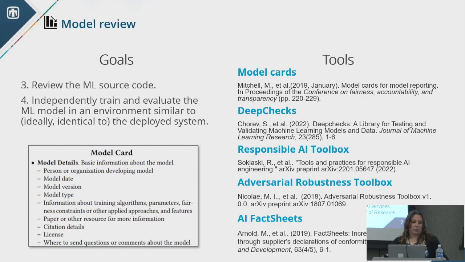The Responsible AI Toolbox is from Lincoln Labs, and I think that I saw in my research for this talk that there's now also a Microsoft version of this. I don't know if anyone from Lincoln Lab is here, but I'd love to understand what they think about that. And then the Adversarial Robustness Toolbox and AI fact sheets are both products from IBM, and I think AI fact sheets, I'm going to talk about model cards in a second, but that combines some of the advantages of the data sheets and the model cards that I'm going to talk about here. And if you're in the IBM infrastructure, I think there's some automation available to that.